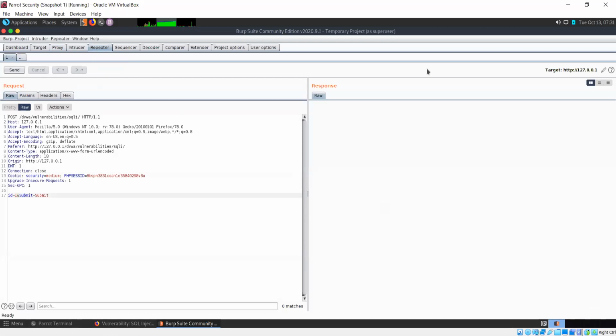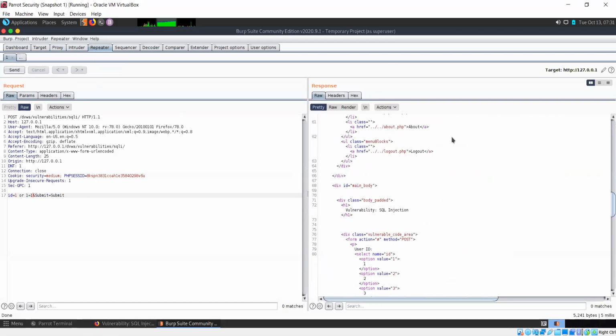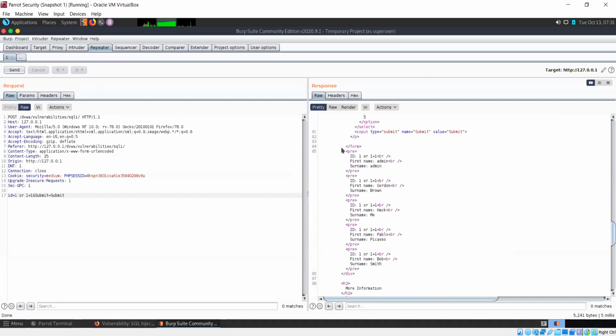Only disadvantage is that it cannot show the response to us every time in the browser. So if I do this, this is the HTML response, and you can see this is the response that we get. We've received all 5 IDs' details here through our payload. Now I can simply make as many changes as I want here, keep repeatedly sending those requests and getting the response. So this Repeater tool is very useful when you want to perform SQL injection like this. And I'll continue more on this tomorrow.